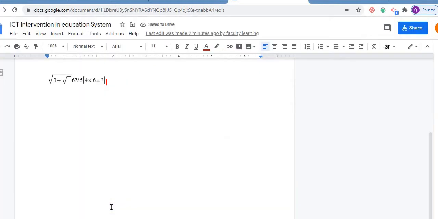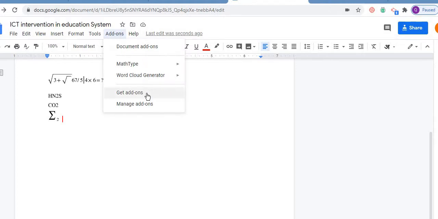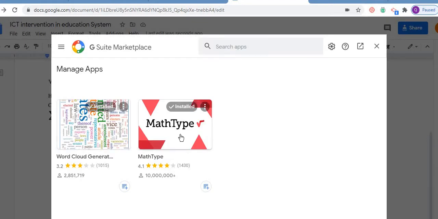So whatever is your formula, you can put it and you can find the formulas. Yes, this is okay. So in this way you can use this option. This is also a wonderful option, though on the other side is manage add-ons, wherein on clicking manage add-ons, you will find these.